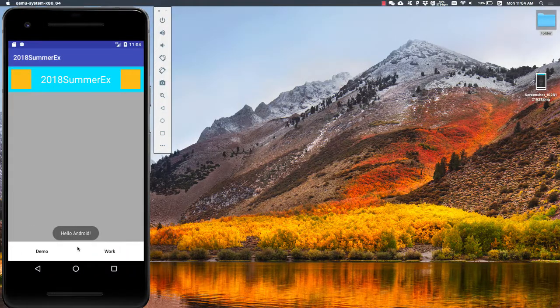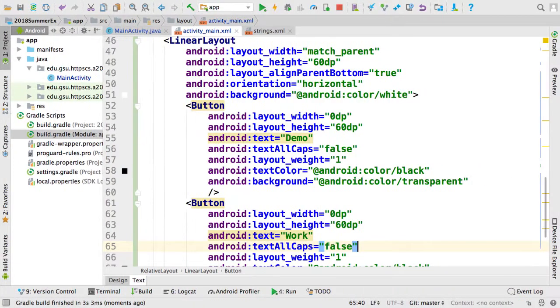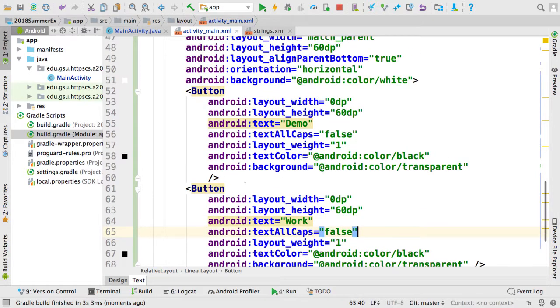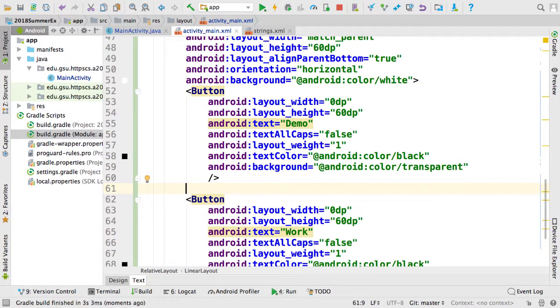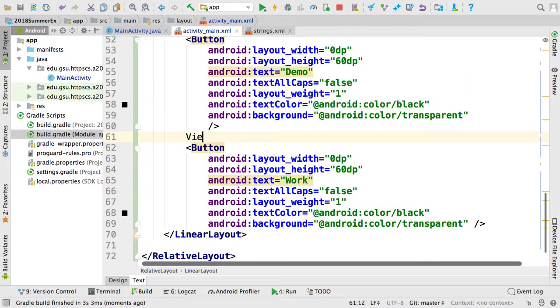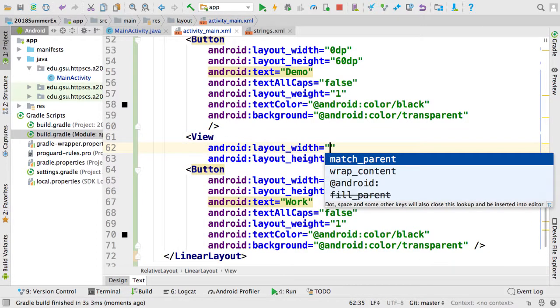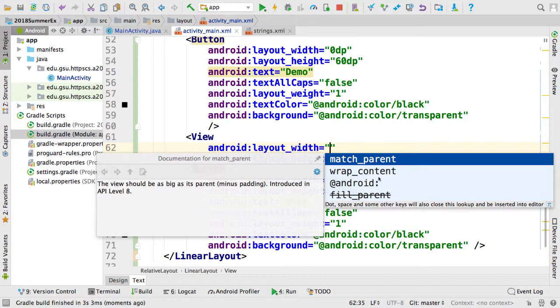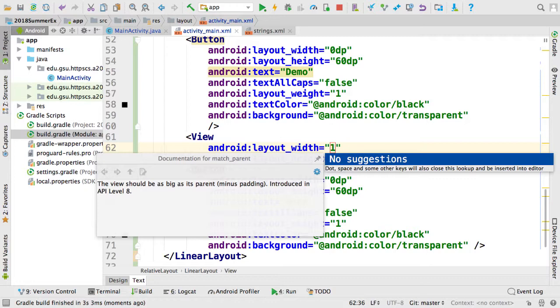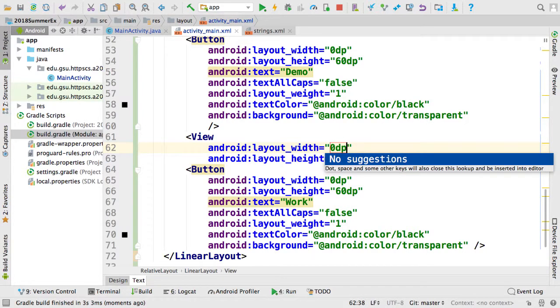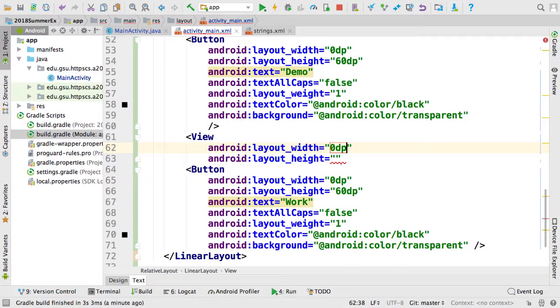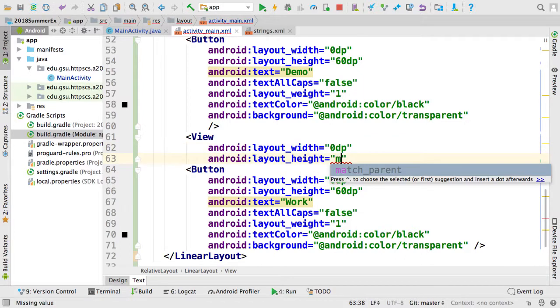If you want to set a divider between two buttons, you can use a view. So you can draw a line with a view between the two buttons. View is kind of like an empty container, and for the width we can use 0 dp because we have to use layout weight. Then the height is match parent,